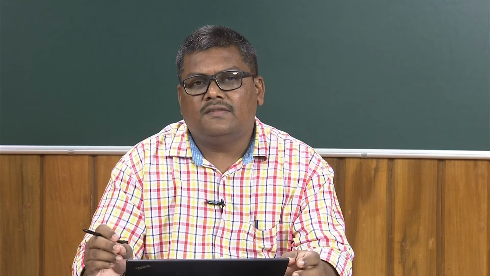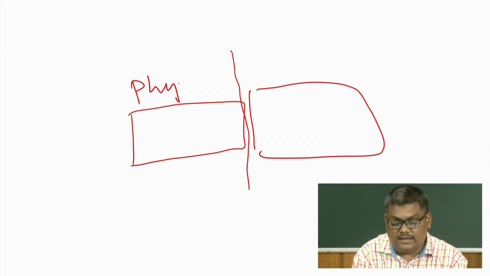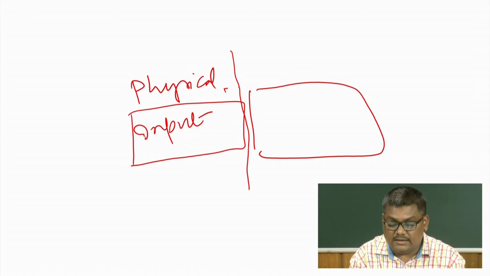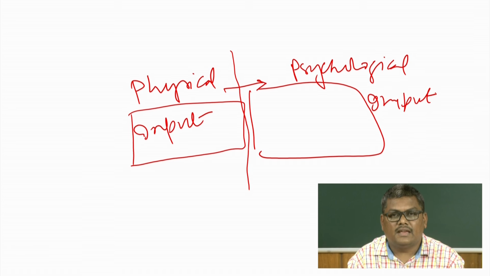The primary aim of psychology is to understand the physical environment and convert it into a psychological environment. Psychology is the process through which physical input is converted into psychological input. What do I mean by that? In the physical environment around us, we have